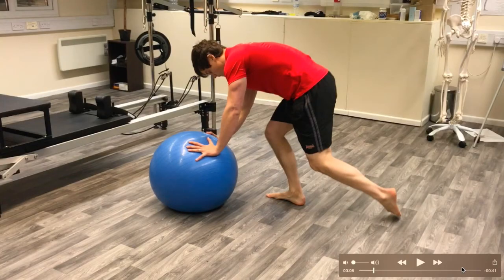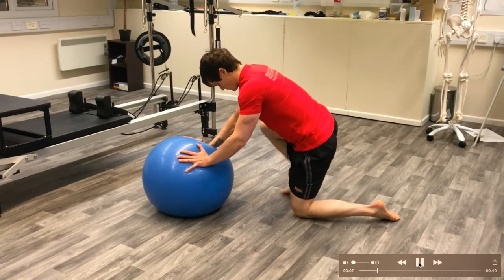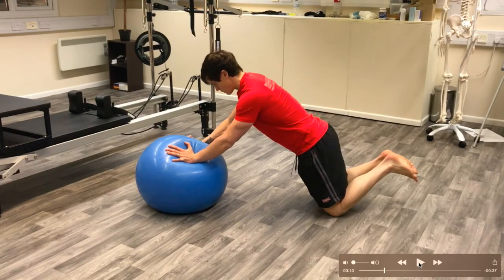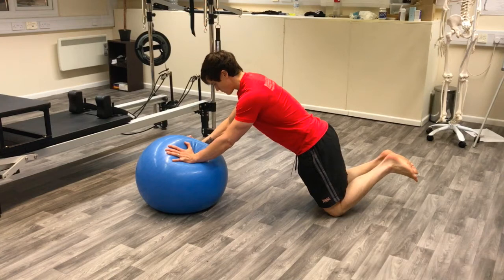So today we're going to be looking at the kneeling Swiss ball plank. Why would we do this exercise? What are the main benefits over the kneeling on the floor plank, and when would you use it in a workout? So first thing, what we've got to look at here is that in any compound movement